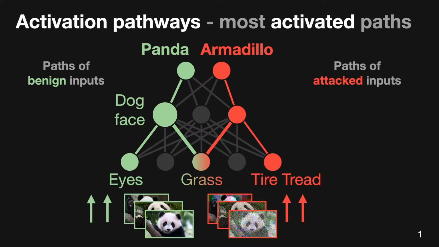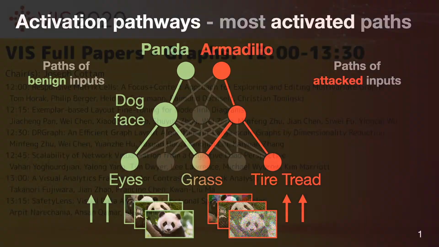To understand how the attacks manipulate the neurons and the paths inside the models, Bluff visualizes the activation pathways of both benign inputs and attacked inputs. That is, Bluff finds and visualizes the most activated pathways given benign and attacked input data. Bluff also